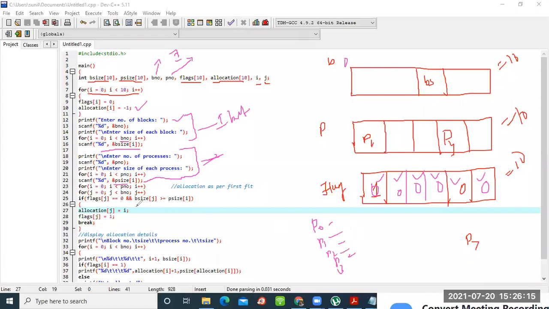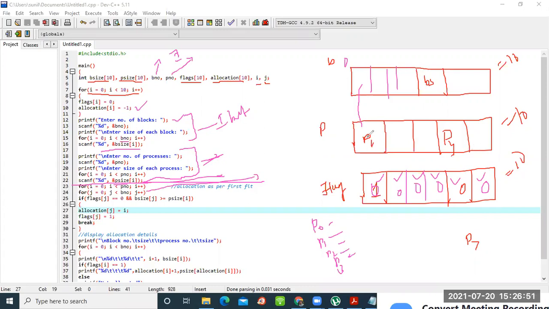Okay, now the programming part comes here. Now this is the allocation part, starting as per your first fit. That means best available. So now I will use 2 for loops here. First of all, the number of processes. Now for each process, how many blocks will this first process search? It is going to search every block. Therefore, the first for loop is for the number of processes. Now the second for loop I'm using is for the number of blocks. Now each process is going to search each and every block.